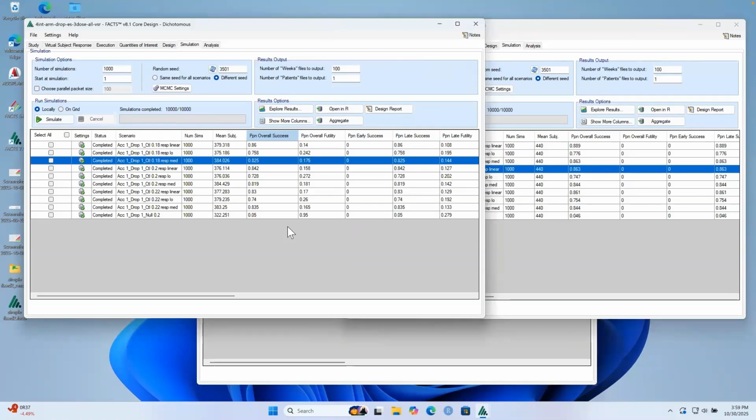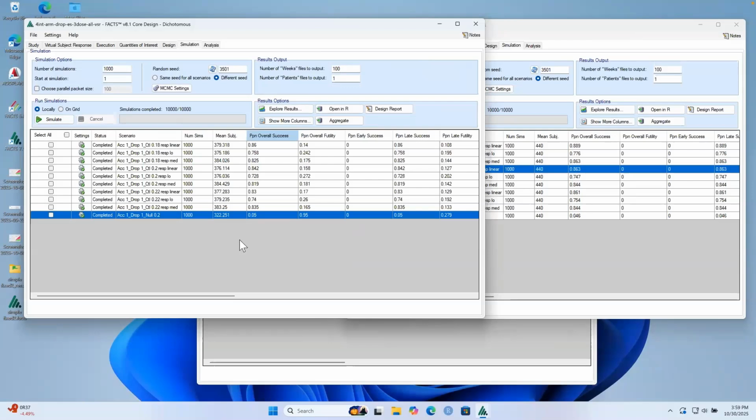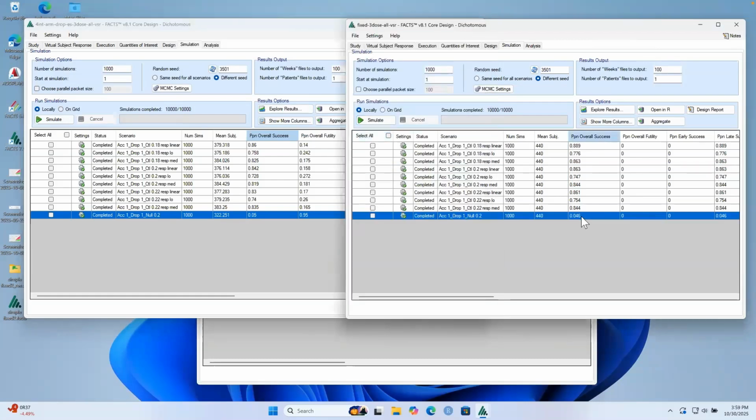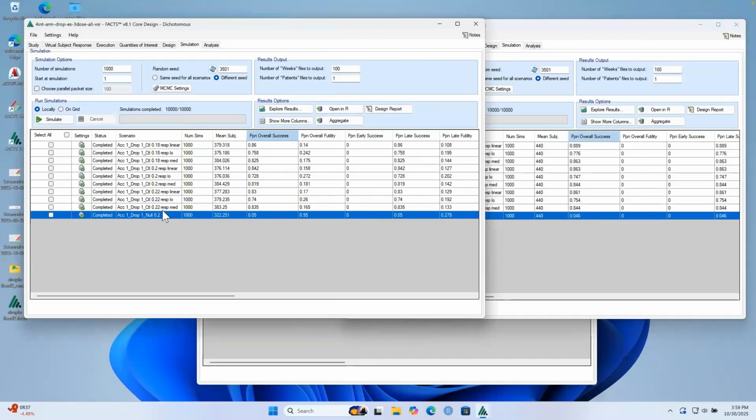Okay. I think that's all I wanted to show. One more thing I would do in this example, if I had a little bit more time, is look at the overall success. We know a Bonferroni correction is over-conservative. It seems to be spot on 0.05 here, but we've only got 1,000 simulations. If we made that 10,000,